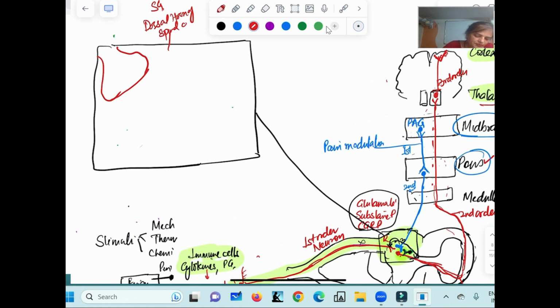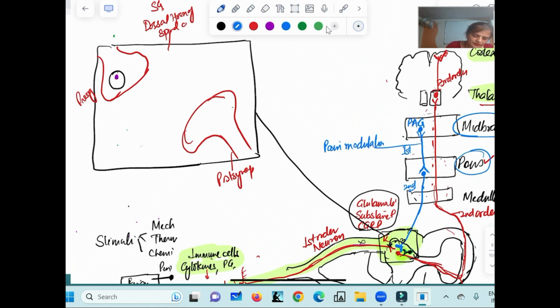So this is the presynaptic, and here is the postsynaptic neuron. Now within this, three things are there: